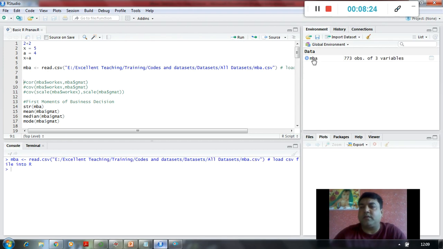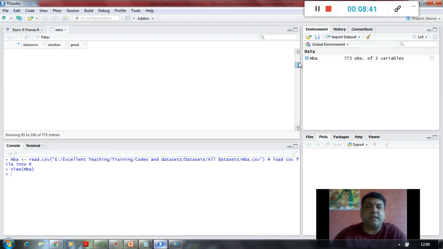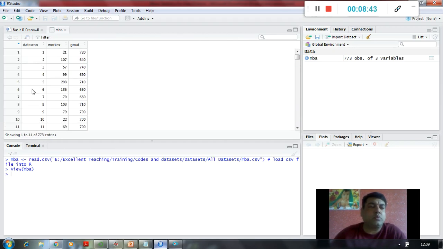If I want to open this file, I can open it like this, and you see here data serial number, workx, and GMAT are my columns, and there are 773 entries given there, which means these are my observations, these are my rows, right? So that many students are there. Data serial number is nothing but that many students. 773 students are there, and their respective work experience.